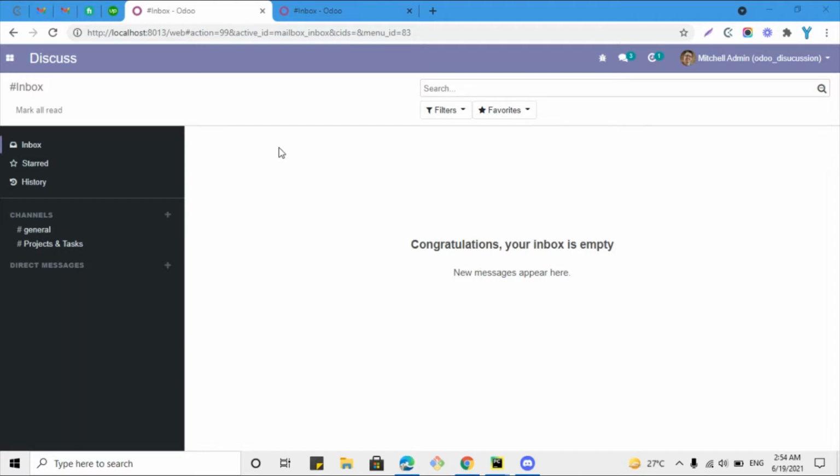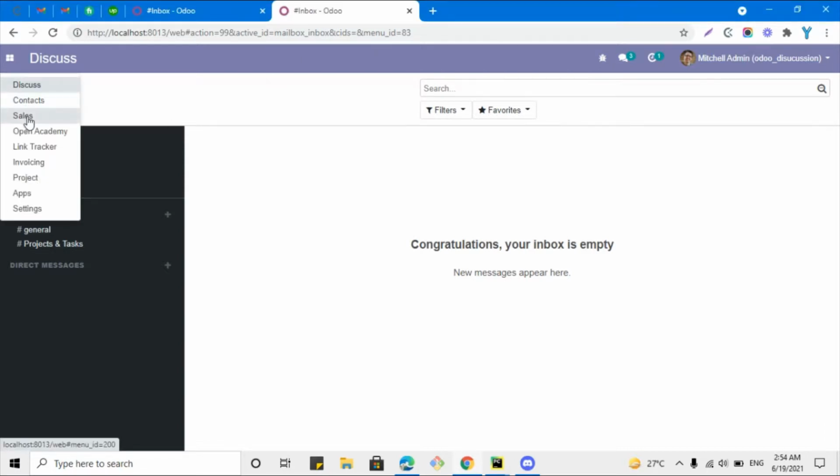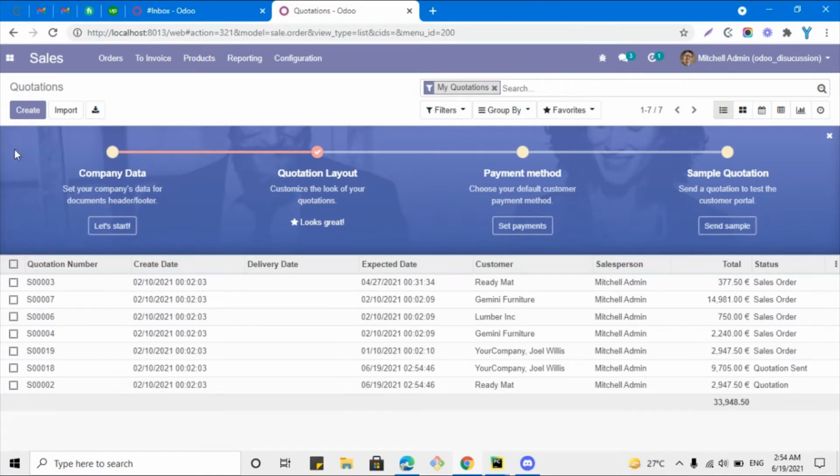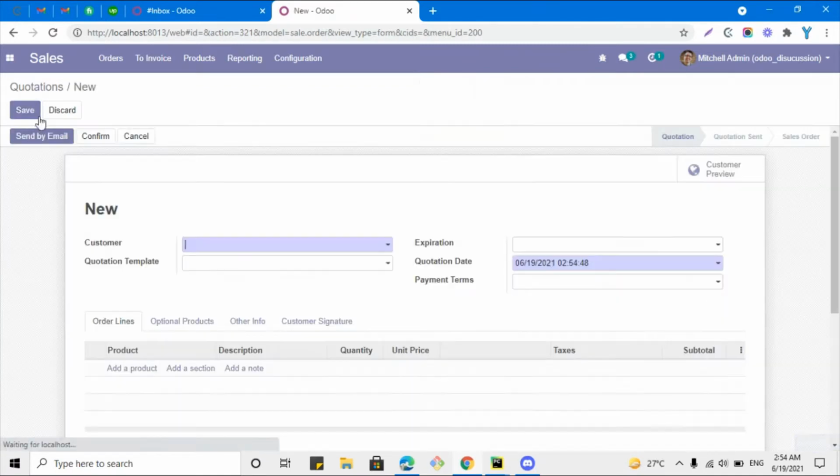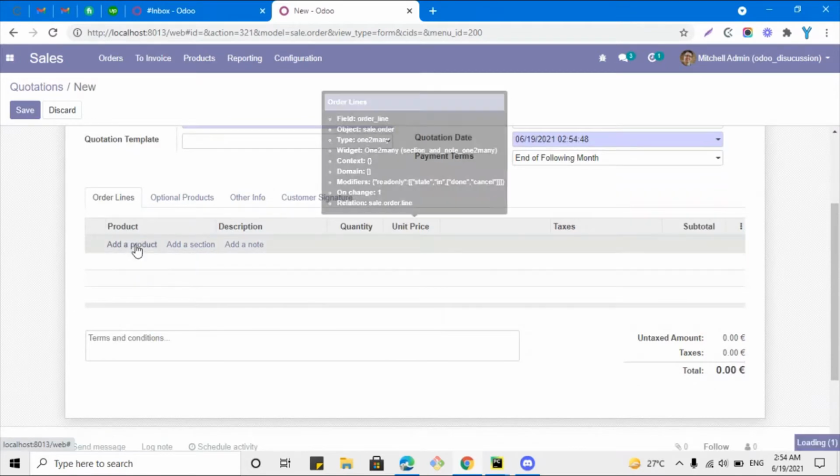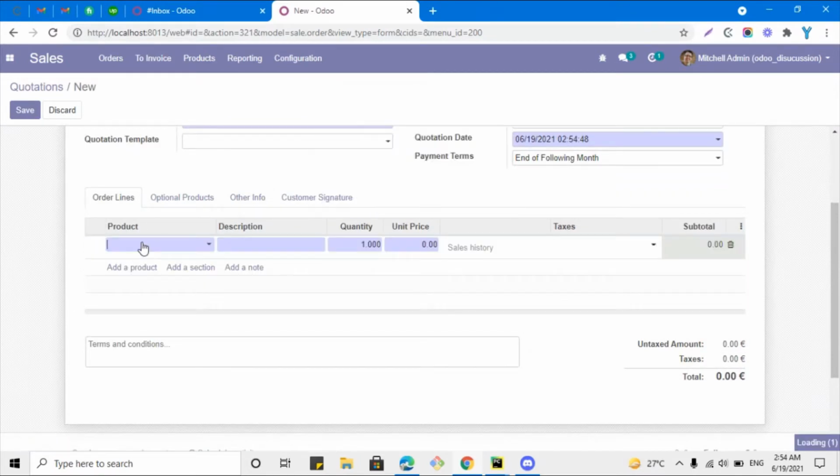In this video we are going to talk about how to combine multiple field values and show them in a many to one dropdown. So let me just show you what I am talking about. If we go to the sales module and create any sale order, let me select a customer, and then let me select any product.